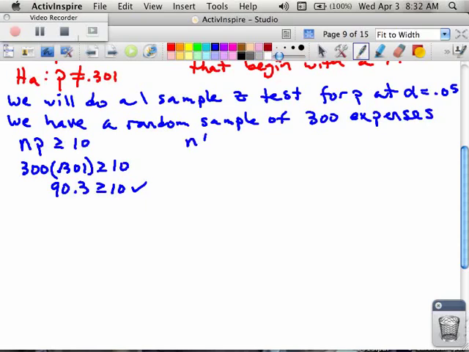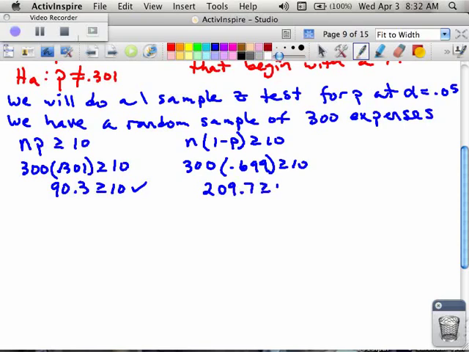We do the N times 1 minus P to see if that's bigger than or equal to 10. Or in other words, 300 for the sample times 0.699. Let's see if that's greater than or equal to 10. And I get 209.7. And that's bigger than or equal to 10. So that's good. And this part shows that it's normal. And then, to show independence,